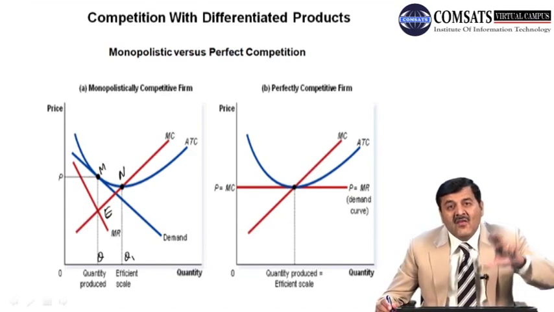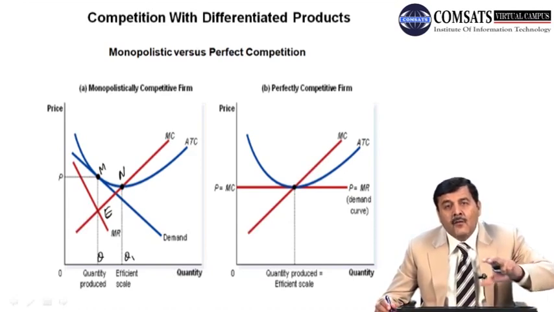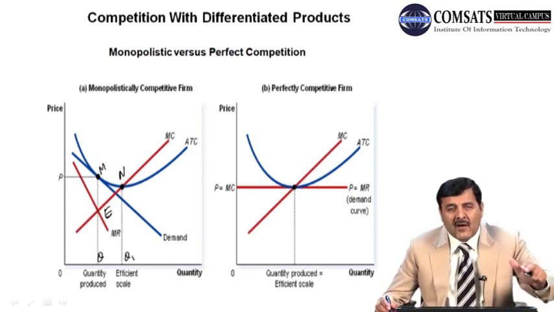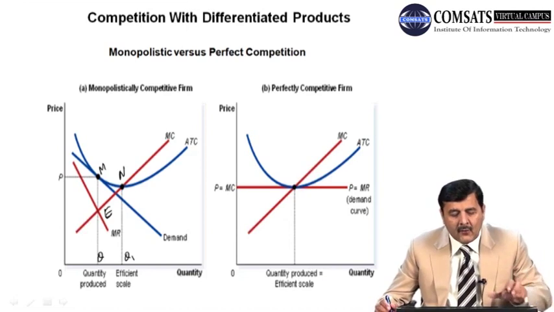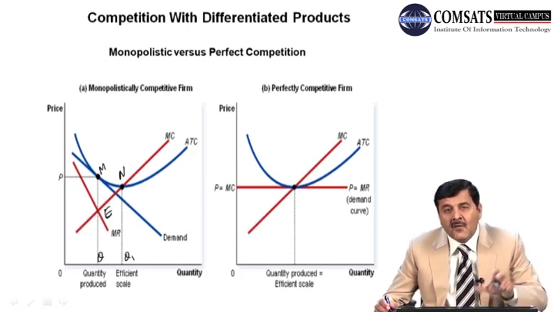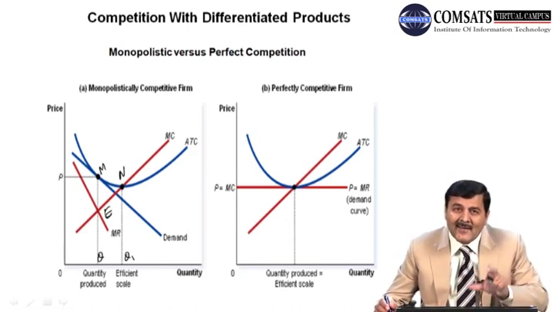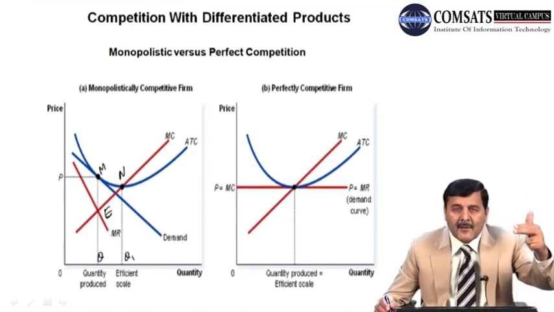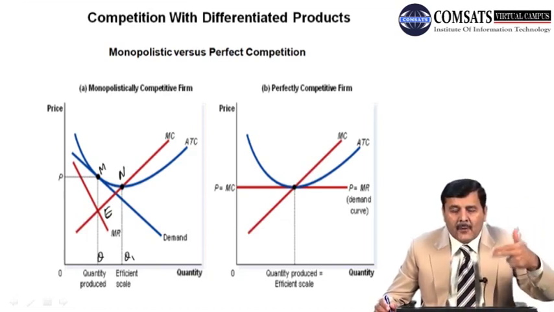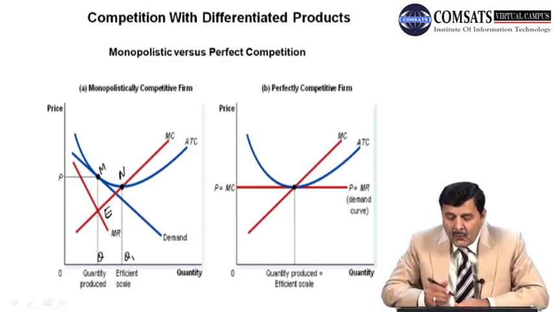But since this is a monopolistic competitive firm, they have market power, they produce less than their efficient scale, and charge higher prices and earn profit, right? So this is how the firms with market power can exploit the consumers, because of producing less than their optimum level, less than their efficient scale, and charging a higher price and creating problems for the consumer।